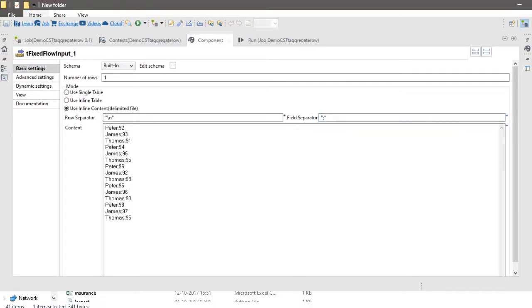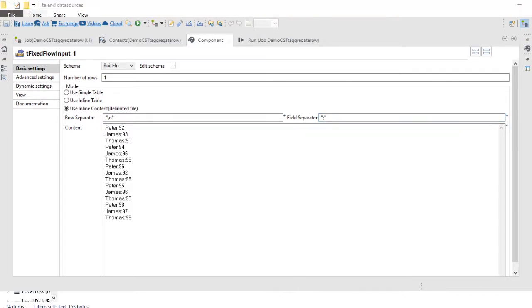And I have a data set here. This is my data set which is there in the text file. So it is the name of some person and a corresponding score. So Peter, James, Thomas, basically this is the name of a student, you can see, and it's the corresponding score he has attained in certain subjects. Okay, it is a random data set I have taken, and it is a delimited file. You can see there is a semicolon here, not comma. So I wanted to show you this kind of data source also. Apart from a normal comma CSV file, we can have this delimited file also.